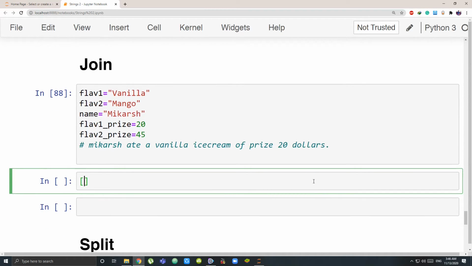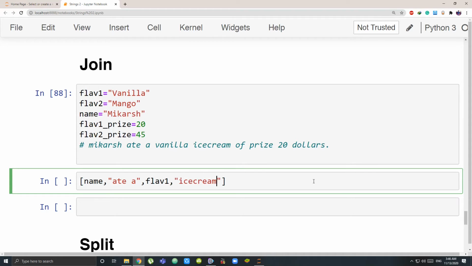What I want to join, I have to write in a list. Okay, list is another data type that you will learn soon. What all do I want to write? I have to write it in a single entry. So I want Mikash. What is Mikash? Name. Name is my first entry. Then I want the other string, that is 8, as another entry, comma. The next entry is vanilla. What is vanilla? It is my flavor 1. Then the next string is ice cream.